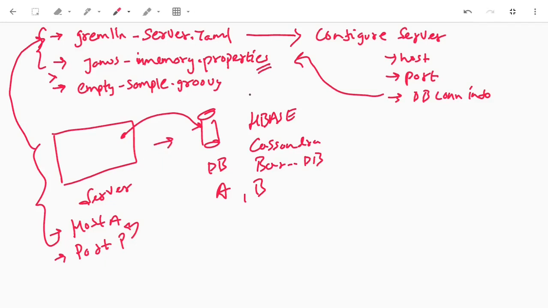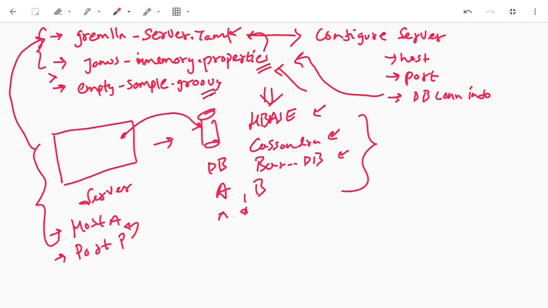And here this second file is working as a dynamic component defined in gremlin-server.yml, which defines the database connectivity information. As it can be anything, it can be HBase, it can be Cassandra, it can be Berkeley DB, it can be on any host. So this particular information is defined in this, which is in turn used by this gremlin-server.yml.